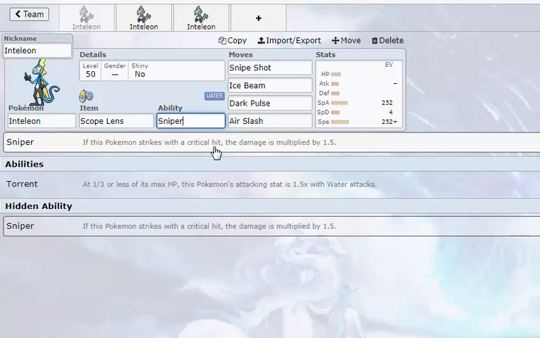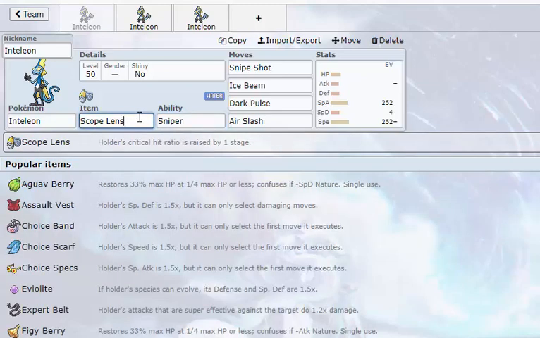So back in the old days before Gen 6, crits always landed for twice the damage, but in Gen 6 they balanced the critical hit mechanic by making them 1.5 times damage. But basically this Sniper makes it so crits hit harder than they used to, and that it can be kind of busted. We got the Scope Lens